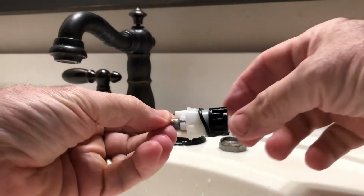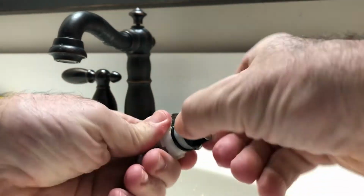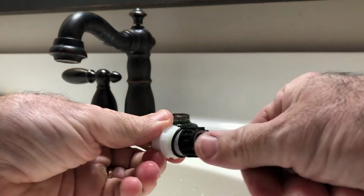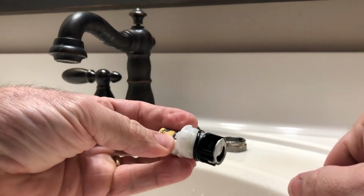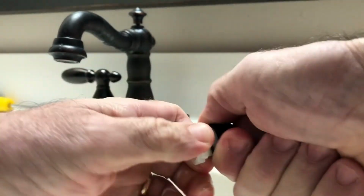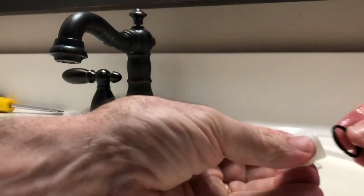Alright. So what happens when we turn the knob, this black piece rotates and it sits on a seal, and we'll replace that as well. And it just goes from opening to closing. And so we can pull this plastic piece off. Whoops. Like that. And so we see that